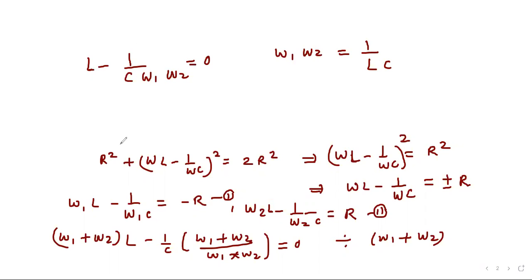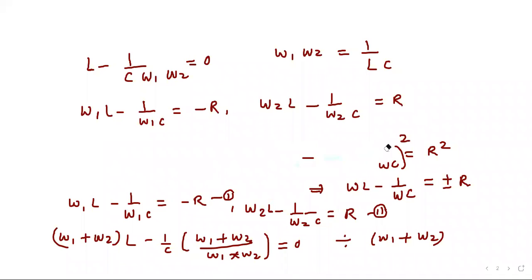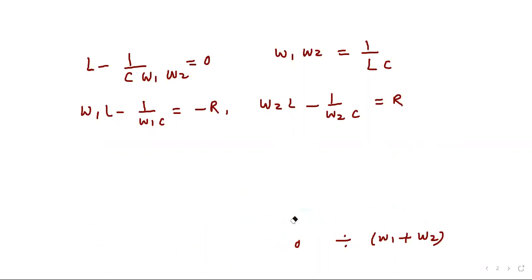Now, if we subtract the two equations, that is omega 1 L minus 1 upon omega 1 C equal to minus R, omega 2 L minus 1 upon omega 2 C equal to plus R. If we subtract these two equations, then what do we get? So on subtracting, we will get